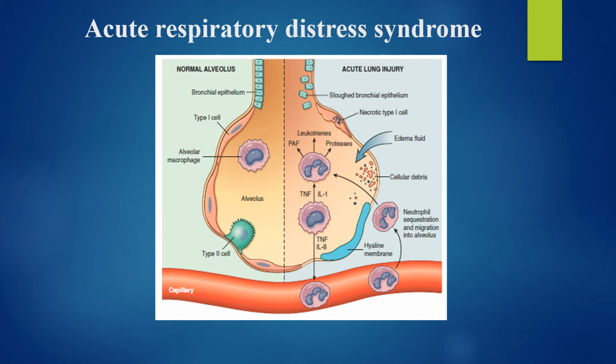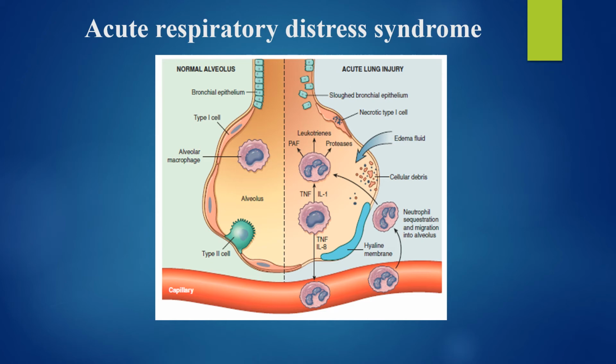Macrophage-activated neutrophils immigrate and accumulate in the alveoli. These cells secrete a large amount of inflammatory mediators, for example, leukotrienes, platelet-activating factors, proteases, interleukin-1, interleukin-8, tumor necrosis factor, and others. The alveolar epithelium is damaged and necrotized. The synthesis of surfactant ceases because of the destruction of the type II epithelial cells in the wall of the alveoli. The alveoli are closed and atelectasis develops.